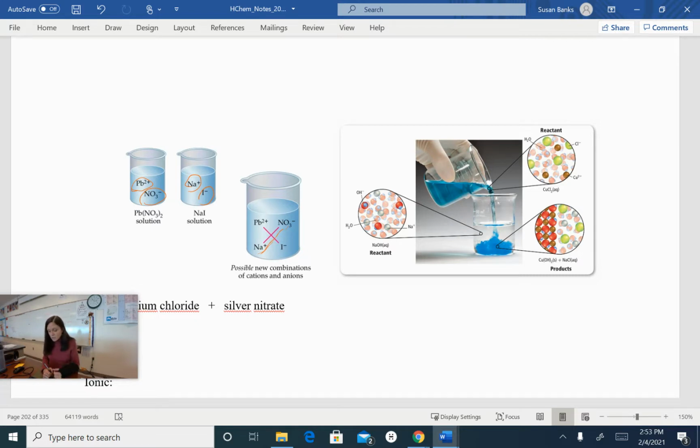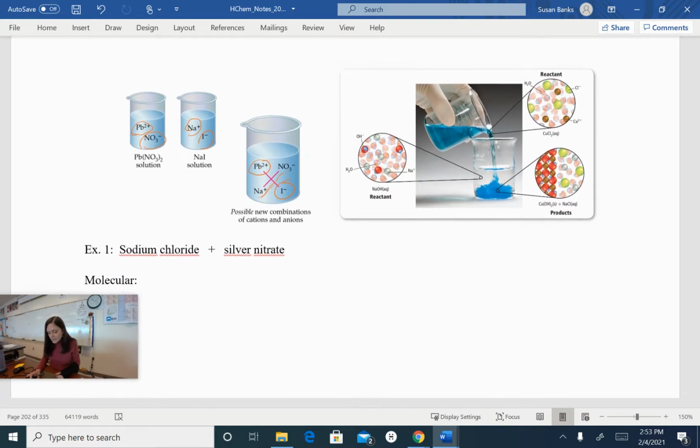Nitrates are all soluble, so we would expect that to be dissolvable or soluble. But lead is one of our exceptions to the halogens. Remember, chlorides, bromides, and iodides are all soluble except for silver, mercury, or lead. Okay? So the way we would write this out,